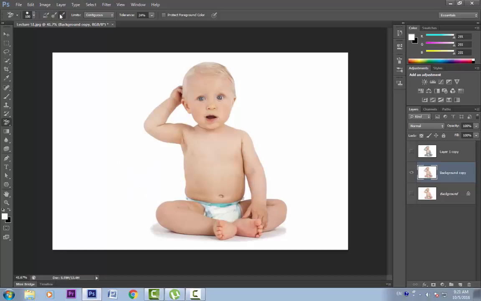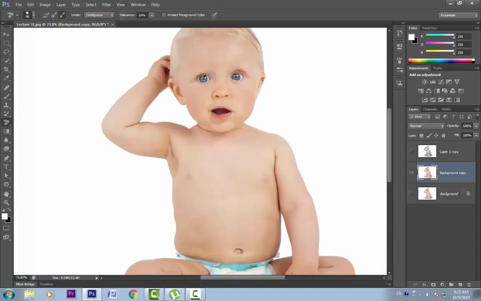Ctrl Z. Now this last option will only sample based on our background color. Let's sample a color from the image. I'll press Alt and sample this color. I'll press X to swap these. With this option on, now if I try to erase across baby's face, it will only erase those colors. Ctrl Z. You can always play with this tolerance value to get the desired result. Now these limits can be set to contiguous or discontiguous.